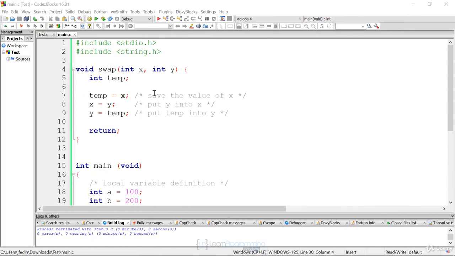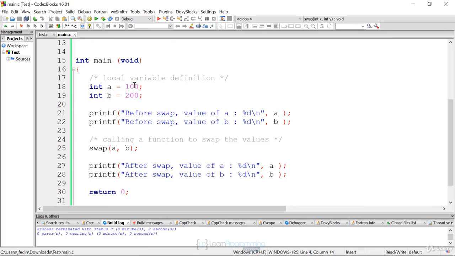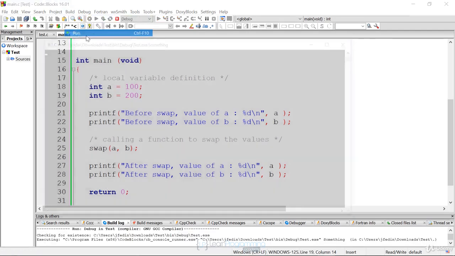Okay, so here's our example. We have our swap routine. We're swapping values of data that's passed, x and y. We're calling it with 100 and 200. We're going to print out before we call the function. We're going to print out after. And what you'll notice is the variables a and b never change. And the reason for this is because we're doing pass by value. So if I run this program,